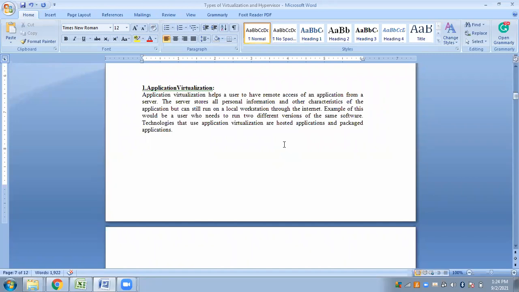So you will not feel like you are using an application which is on some other system. Just like other applications which are installed on your system, this application also feels like it is in your system. You will not feel any difference, but it is actually in some other system.